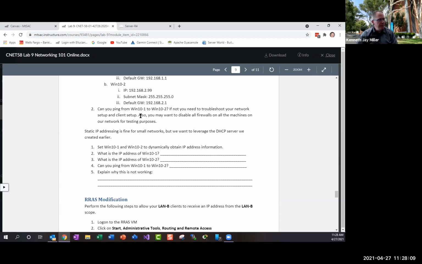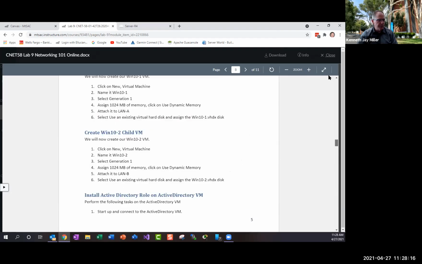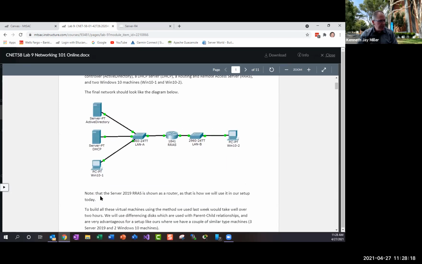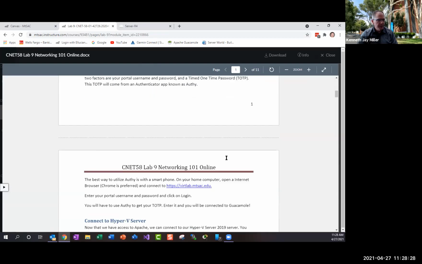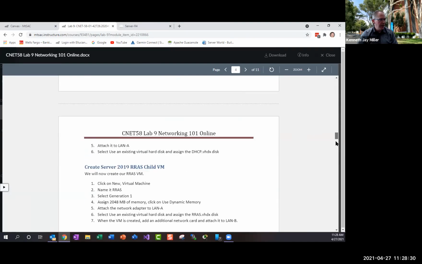So you should be able to get ping from Win10.1 to Win10.2. So from this machine here, you should be able to ping across the router to Win10.2 and then get the reply back. And from 10.2 to 10.1. Okay. And then after that,